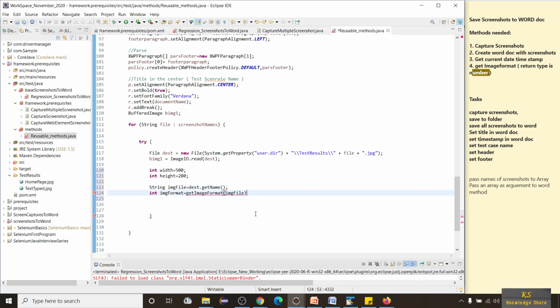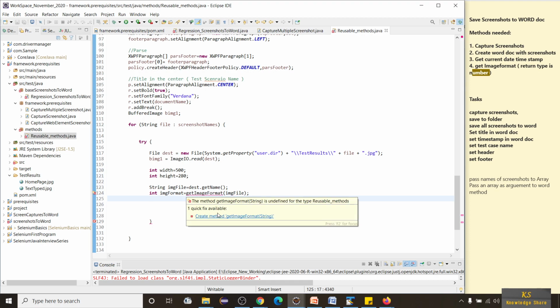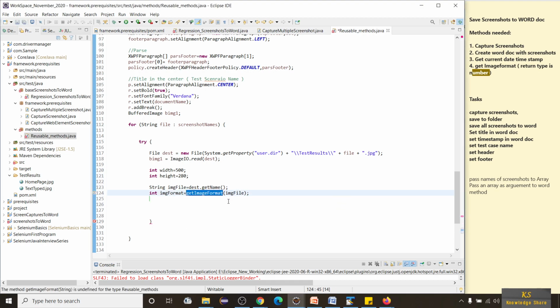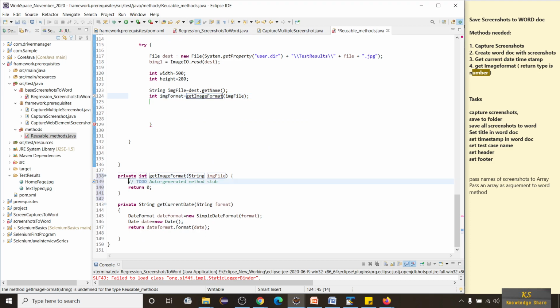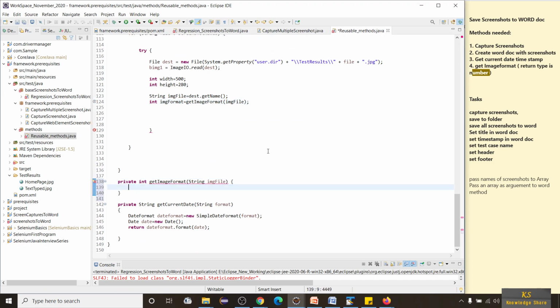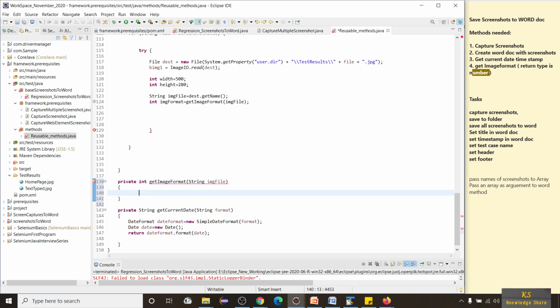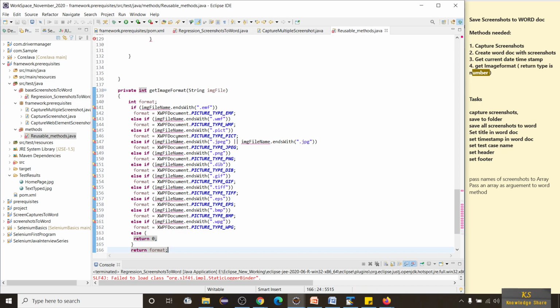Okay, so we don't have this method. Now we are going to create this method here. So yes, the prototype is created. I already have code related to this, so let me copy paste that and tell you what exactly it is. Okay, so this is the method.